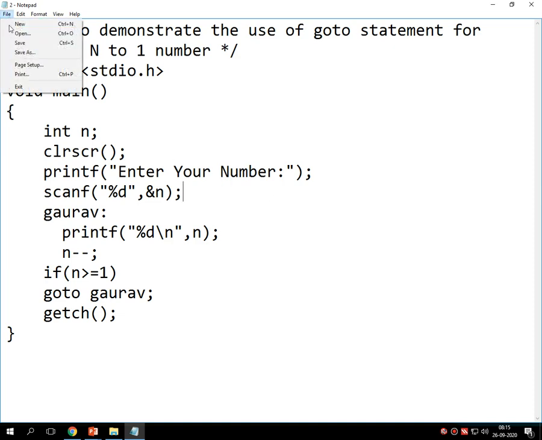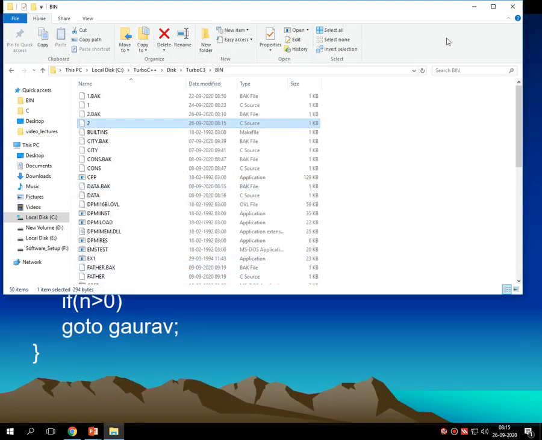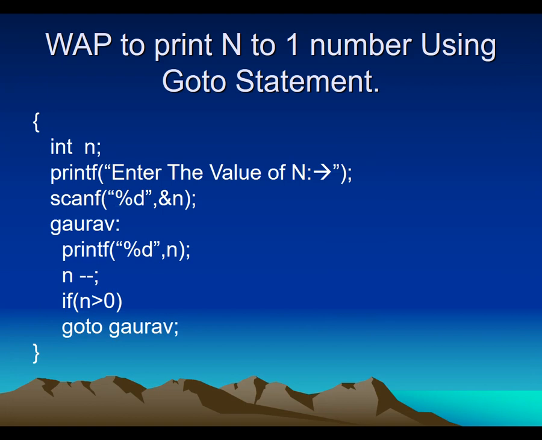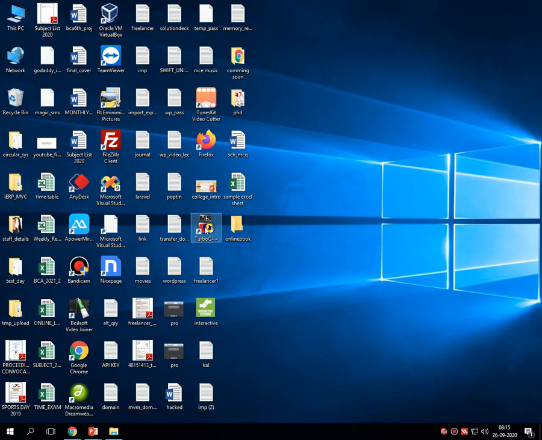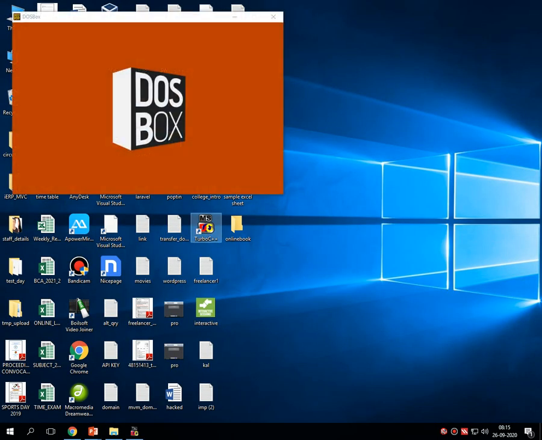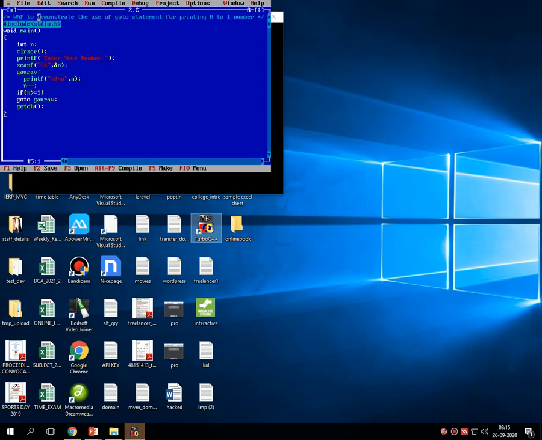So I hope this is clear for all of you. Now let's continue with some other programs. In another program, I want to print the square of n to 1 numbers using the goto statement. See, right now n to 1 number is printing onto the screen, right?